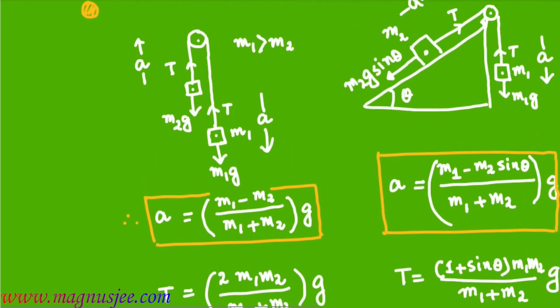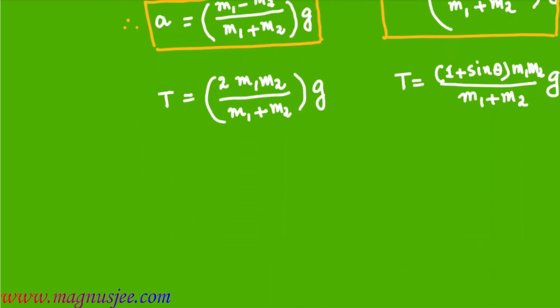Here for the left hand side case, for M1, T is equal to M1 g minus M1 a, that is same as the downward motion of lift, tension acting in the string in connection with the motion of the body of mass M1. Expression of tension is what? M1 g minus M1 a, and for the body of mass M2 which is moving upwards, tension T is equal to M2g plus M2a, which can be compared with,